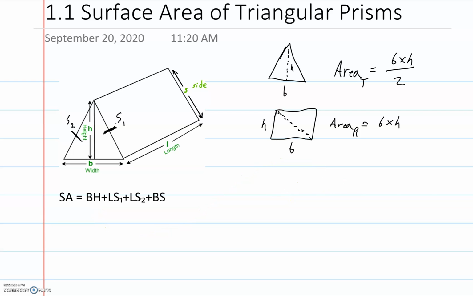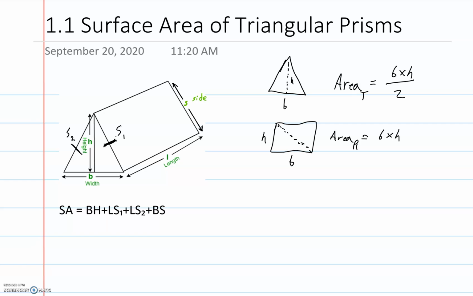And the rest of them are all rectangles. So length times side, well, that's this side 1 times length. That's this rectangle here. Okay, again, length times side 2, that's this rectangle. On the other side, it's over here. That's here. Okay? And last but not least, we have base